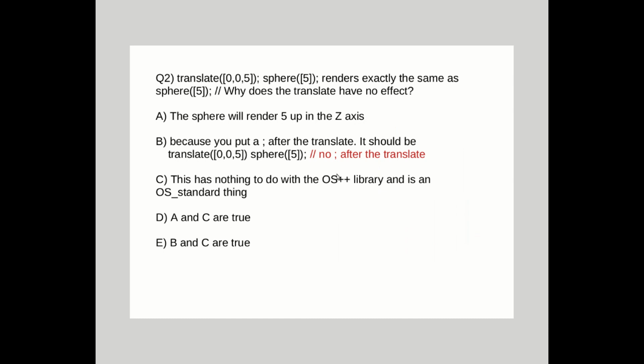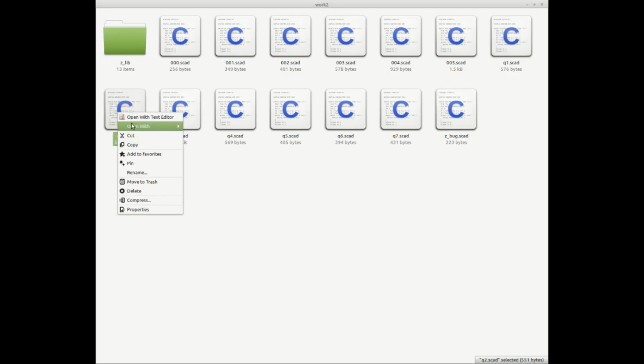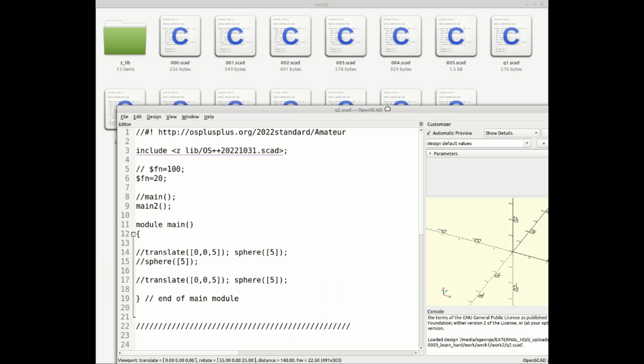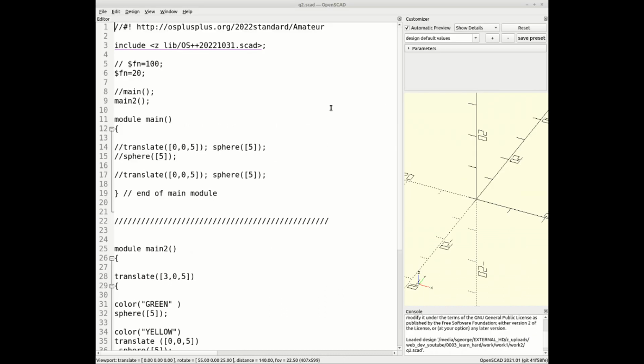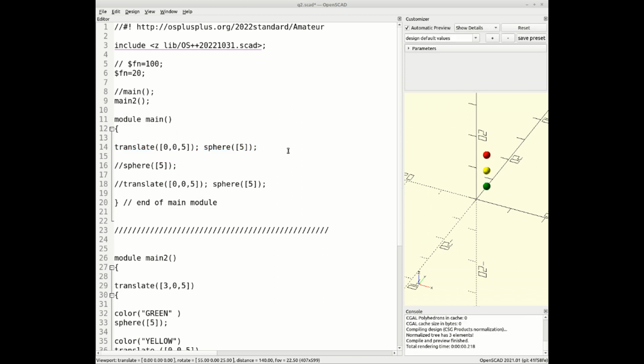Question 2, translate 0,0,5 semicolon sphere 5 renders exactly the same as sphere 5. Why does the translate have no effect? Okay, here's the code. So I've got model main. There you go. And I've got translate 0,0,5 semicolon sphere 5. So if I push F5,